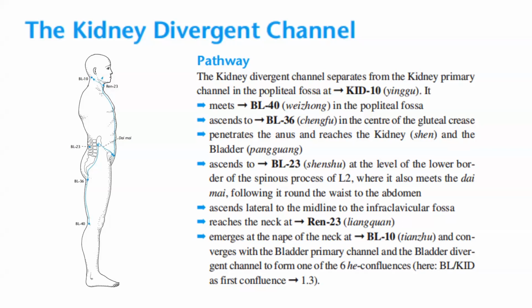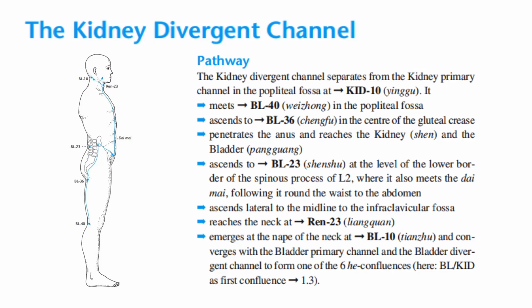It then ascends to Bladder 23 at the level of the lower border of the spinous process of lumbar 2, where it also meets the Dai Mai, following it round the waist to the abdomen. It then ascends lateral to the midline of the infraclavicular fossa, reaches the neck at Ren 23, and emerges at